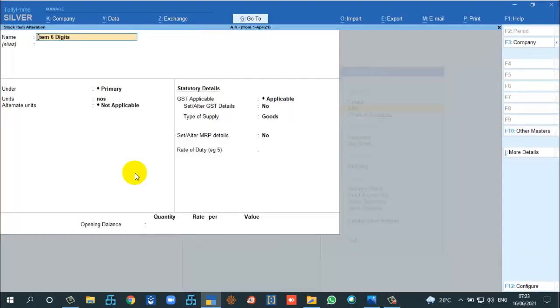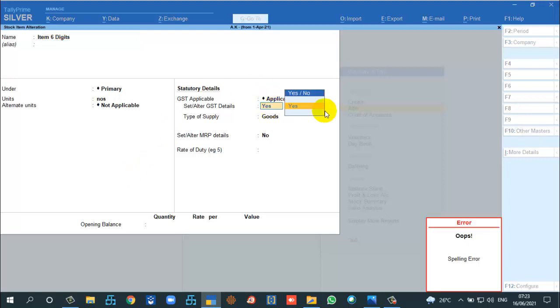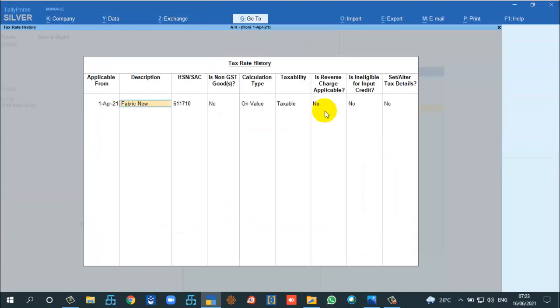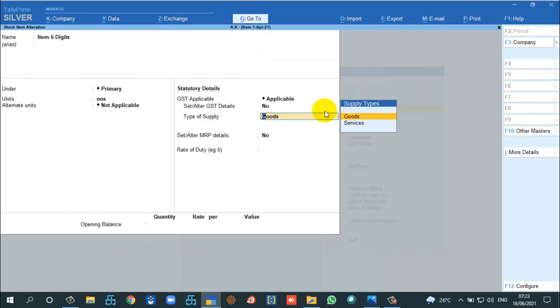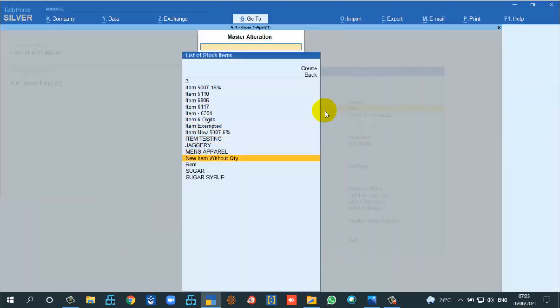This is for 6-digit. I have also created some 6-digit ones. So I have created the same HSN for different types of items.